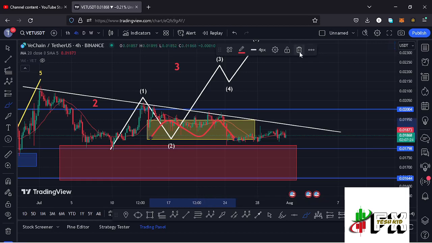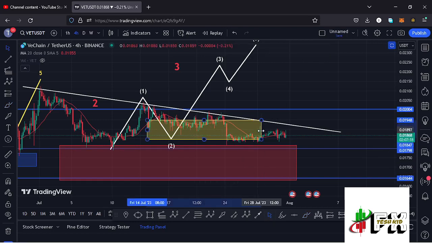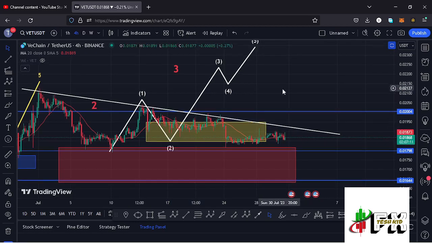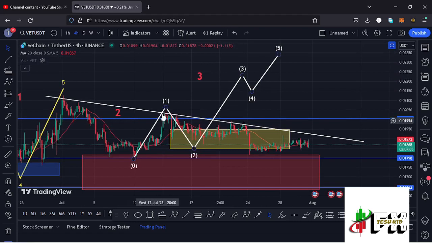And since we have fully maximized the target area, there are high chances that now we have a low in place for the second wave, and soon we can expect Vechain to see a reaction of the target area and start gearing up impulsively in the formation of this wave 3. And all this is playing out after we fully peaked in the formation of this wave 1, after seeing this breakdown move on the 10th of July, giving us a low at around the